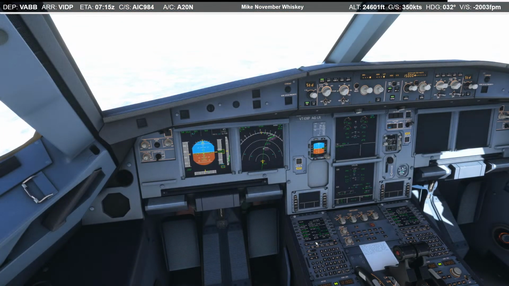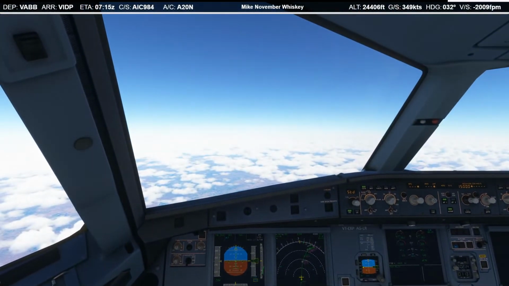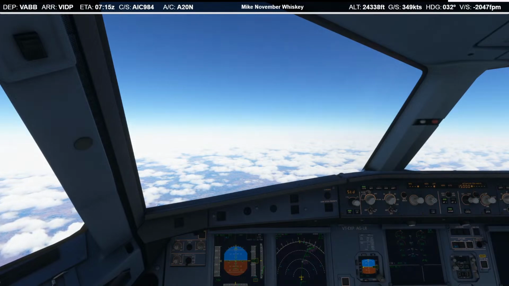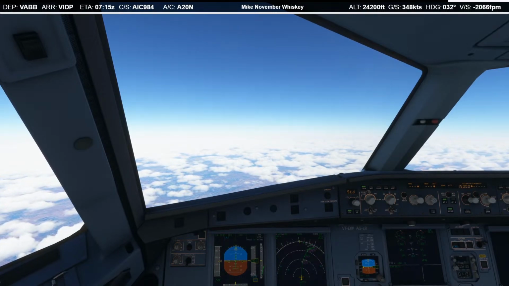But that slowdown has added 4 minutes to our flight. So now we're going to land about 20 past. I was hoping to speed up our descent. Next time I'll set the airspeed myself.